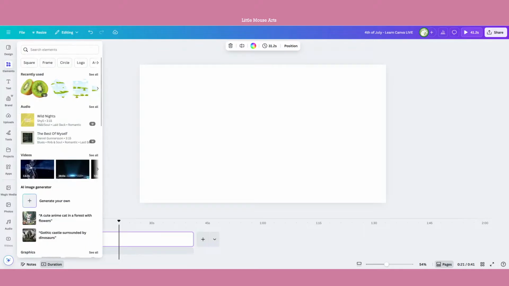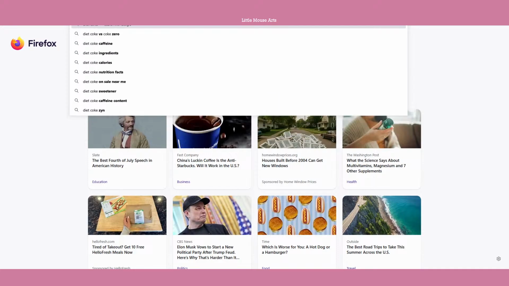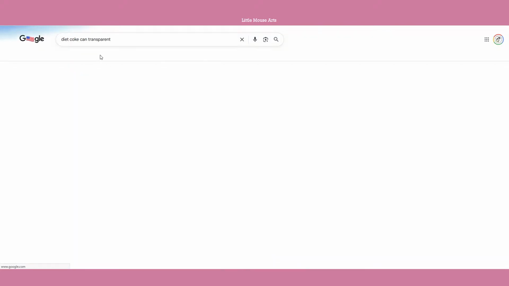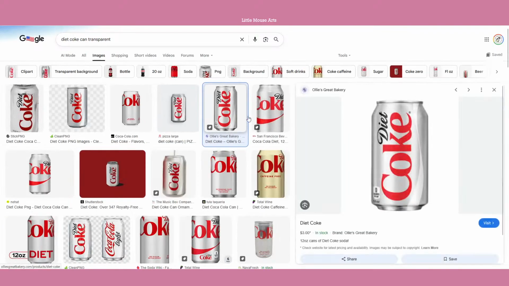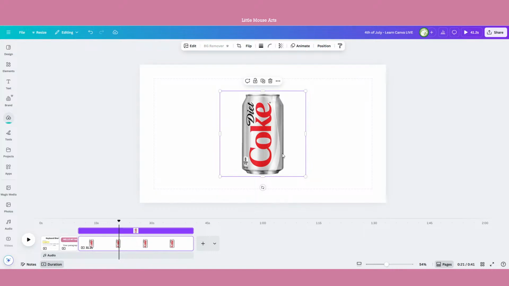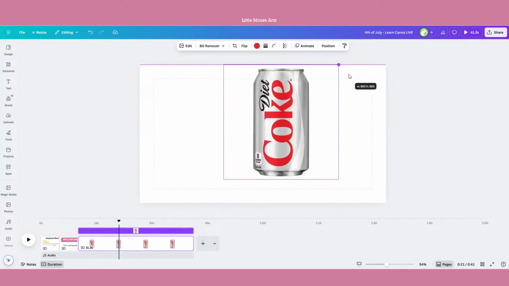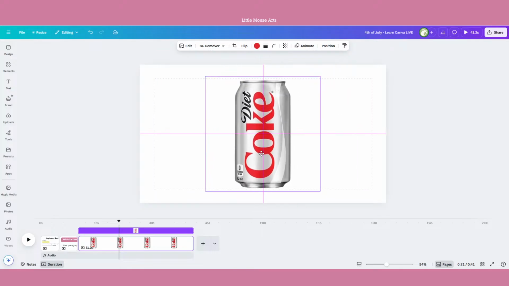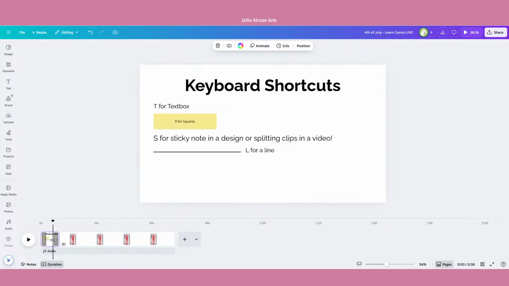So for the sake of that, let's grab a Diet Coke can transparent. Frankly, because Diet Coke is my favorite drink, so no specific reason. And we will nab that real quick, paste it into our design. Should be transparent, we'll find out. So I guess this will be a Diet Coke mock-up or whatever. Let me delete these slides so you can see the whole process, but